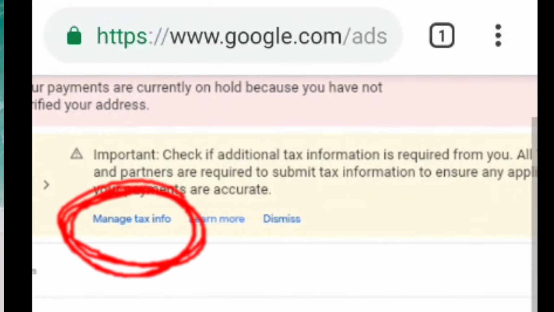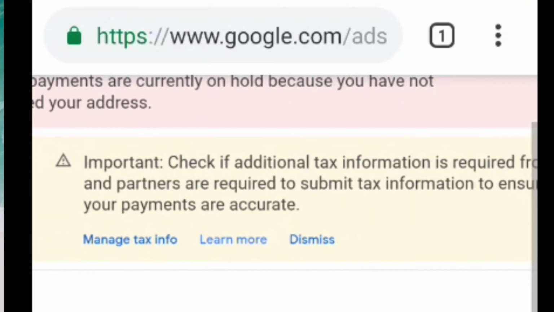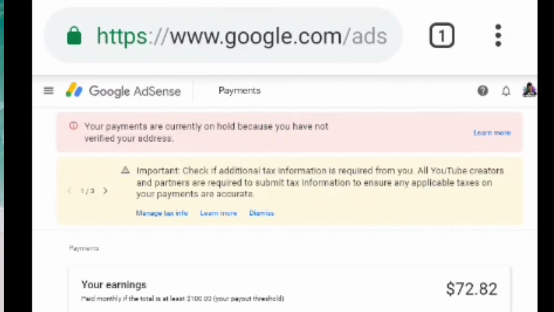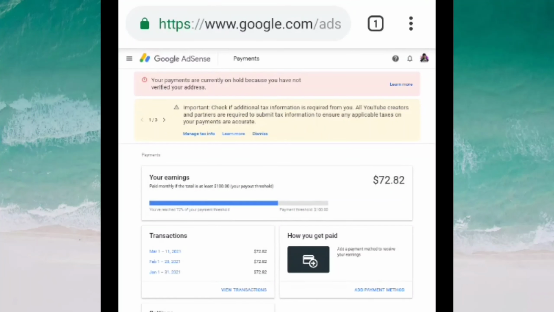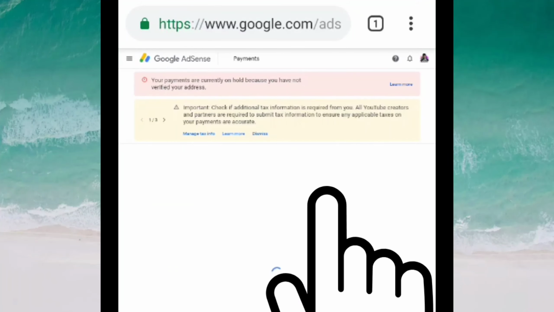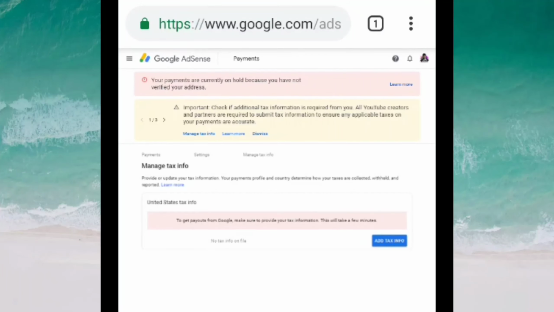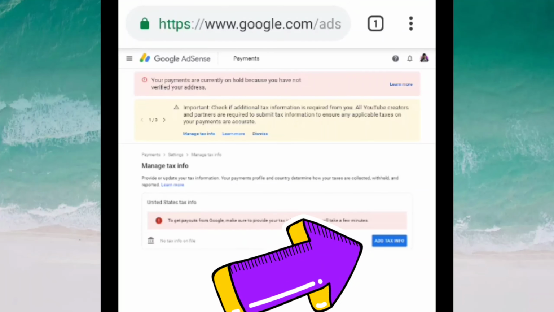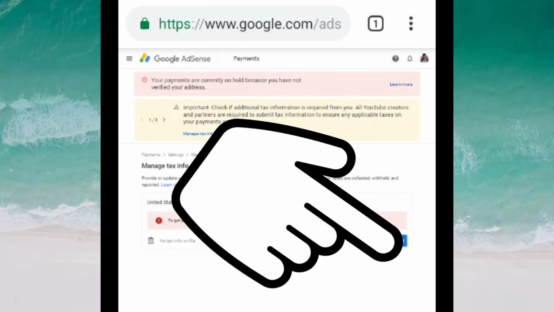So, ayan po. Itong manage tax info na ito, yun po yung ating pipindutin para makapag-submit po tayo ng ating tax info. Tapos, dito sa baba, may nakalagay na add tax info. So, pindutin ang add tax info.